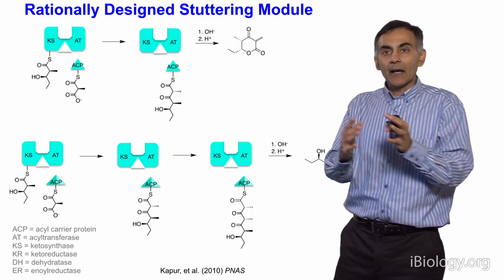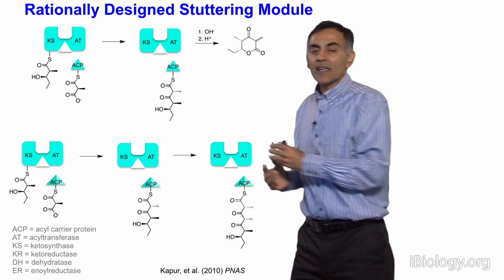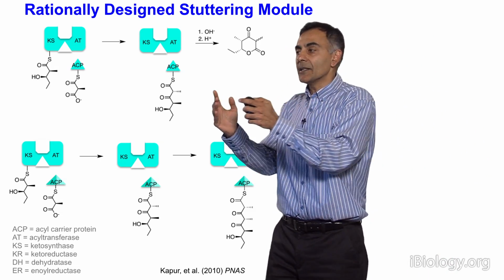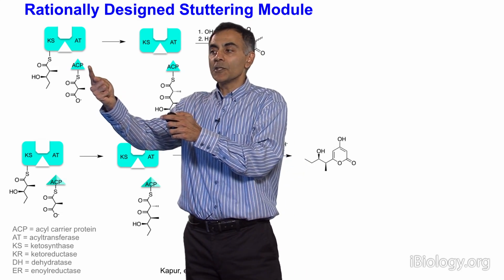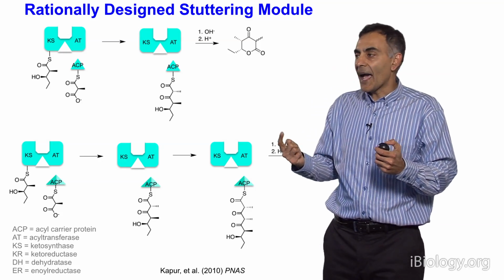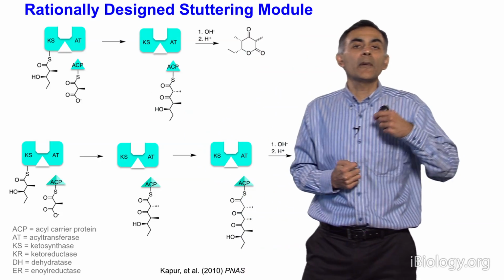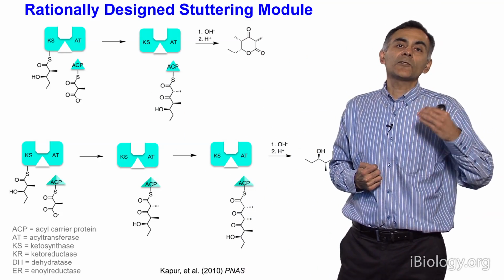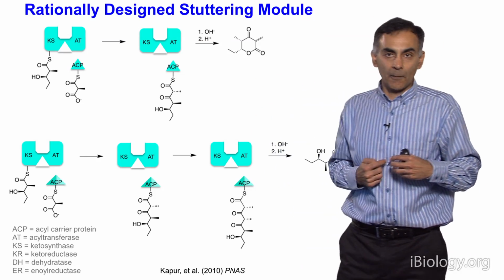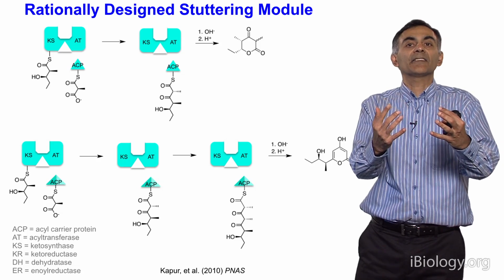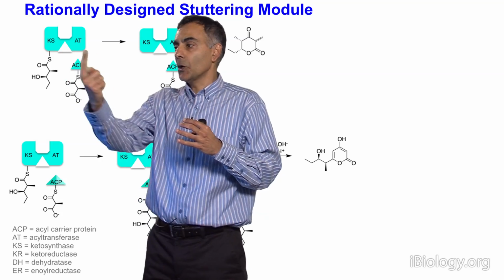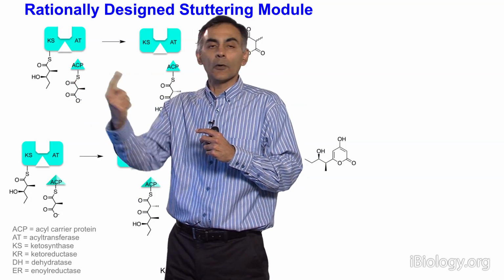And the reason that allows you to do things in a vectorial manner is because now you can set up so that a carrier protein can only recognize the next module. How do we know that? We know that through experiments where we engineer these carrier proteins to be confused carrier proteins. This is one example of that experiment where we engineer a module that stutters. So if you take a natural module like this one shown over here and its own carrier protein over here,